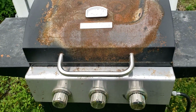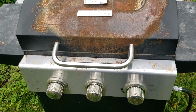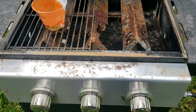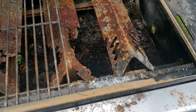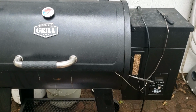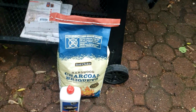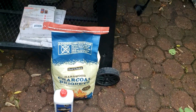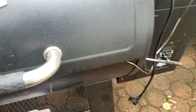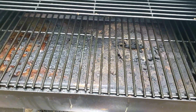Okay, there's a lot of videos on the internet about how to turn your gas grill into a charcoal grill. I'm going to show you how to turn a pellet smoker into a charcoal grill. Very simple. I just didn't want to go to Tractor Supply and buy another $200 or $300 grill that I do not have room for. So I got to thinking,